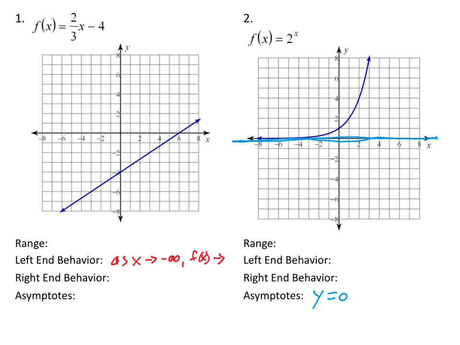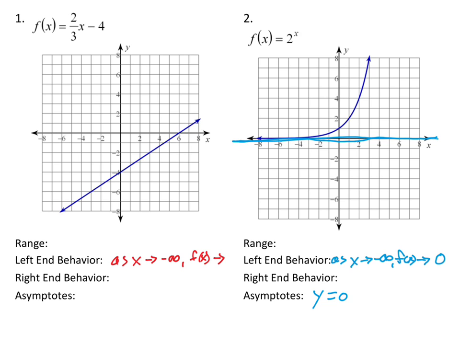And I want to mention that your asymptote is actually related to your end behavior. Because here on the left side of my function, it's the one that's approaching it. So if I were to write out my left end behavior as x approaches -infinity, f of x approaches. Well, on the left side, it keeps getting closer and closer to a height of 0. So I put 0 there. And, a 0 that actually looks like a 0 instead of a 6. And there you go. So that's kind of what end behavior is and what an asymptote is.